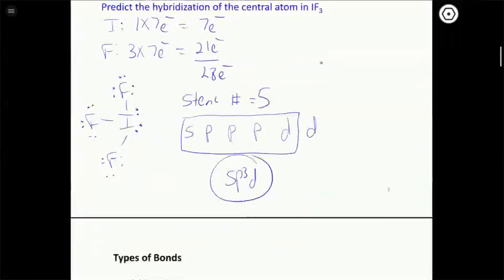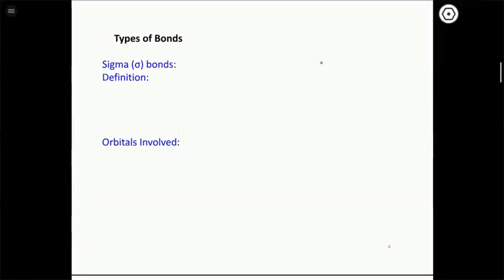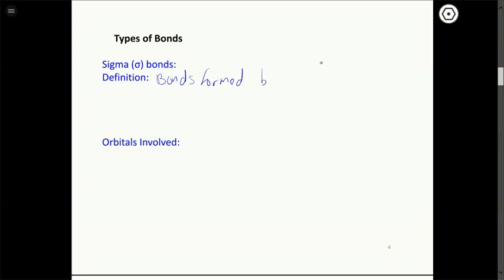And when we have double and triple bonds, we need to consider the possibility that there's really 2 types of bonds that can form when we overlap atoms in a covalent fashion. So the one that's more straightforward, and we already drew a bunch of pictures of this last time, is sigma bonds. So to give you a precise definition of a sigma bond, we're adding more Greek letters to our vocabulary now. This is sigma, and these are bonds that are formed by end-to-end overlap of orbitals.